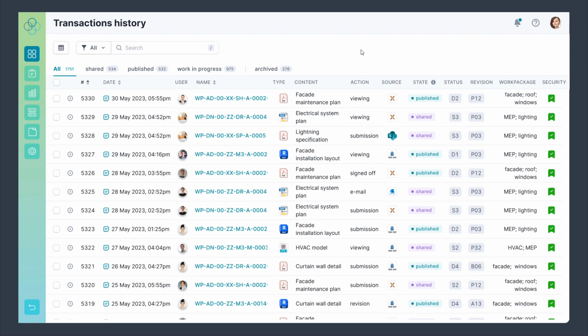The table here contains all of the transactions happening between the different tools. So, for example, we have something from Aconex, SharePoint, BIM 360, but also emails. And we can see which type of data and which type of content each of the transactions includes.